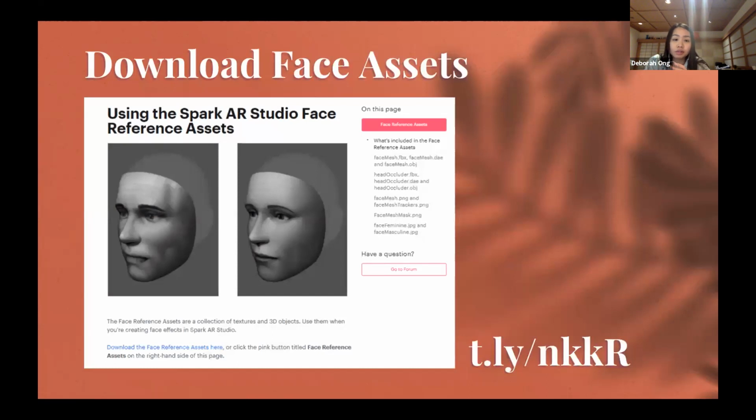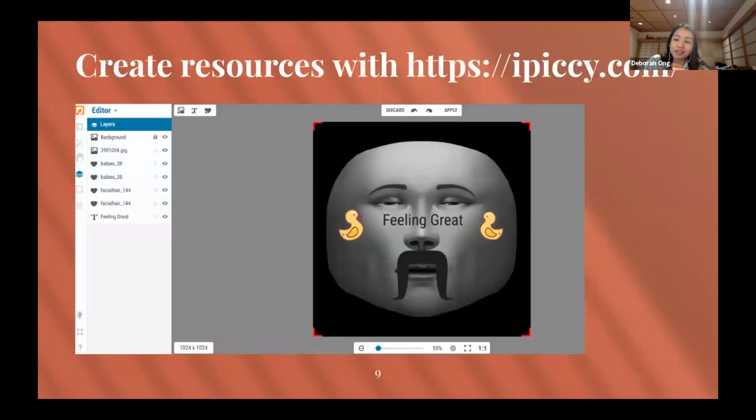So the next thing we're going to do is download the face assets. I have to warn you, the face looks a bit funny, but don't worry, we will delete that template. It's just a template. It's a flattened out face that looks like this. This face asset is just like a canvas. You can imagine it as a blank canvas for you to decide where you want to put your stickers on. So it's like a steamrolled face, but when you actually load it up on Spark AR, it maps very nicely